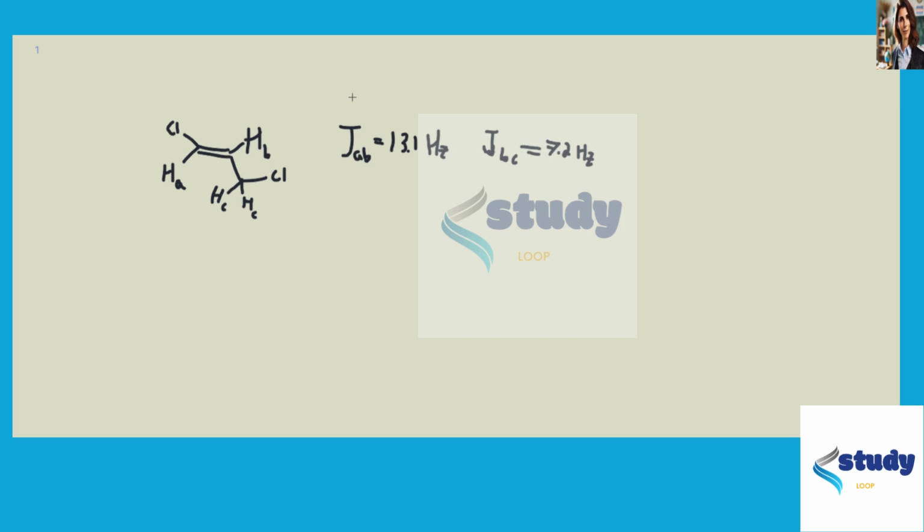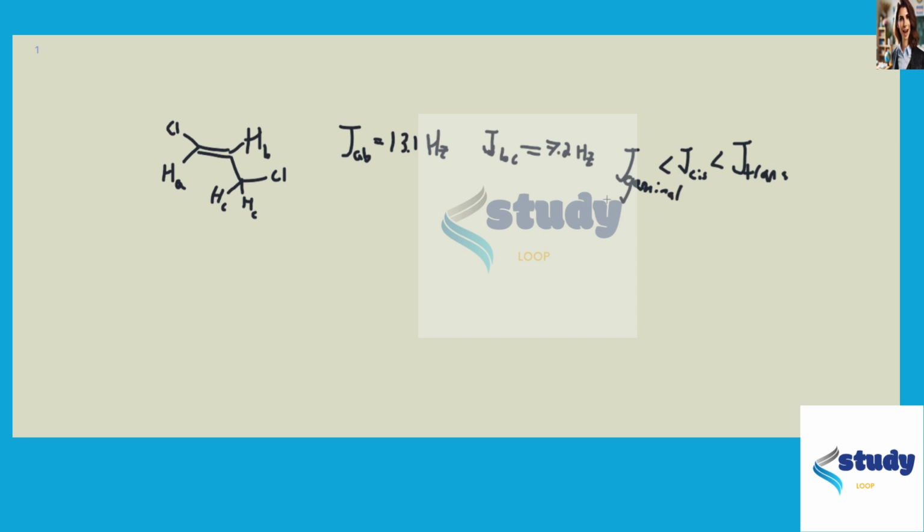So let's first go over what coupling constants are, what J values are. The J value is your constant, and that's determining the space in between your peaks in your NMR signal. If we follow some trends, we know that the J constant value is going to be highest when protons are trans to each other. So J for trans protons across an alkene is going to be greater than the J for cis protons across an alkene, and that's going to be greater than J for the geminal